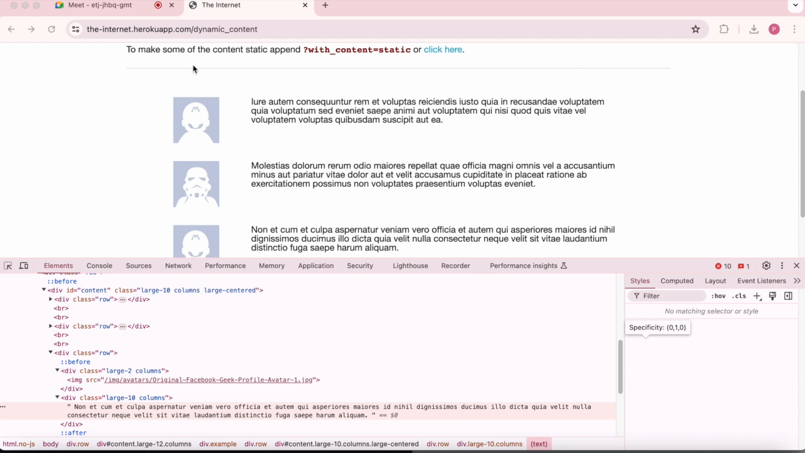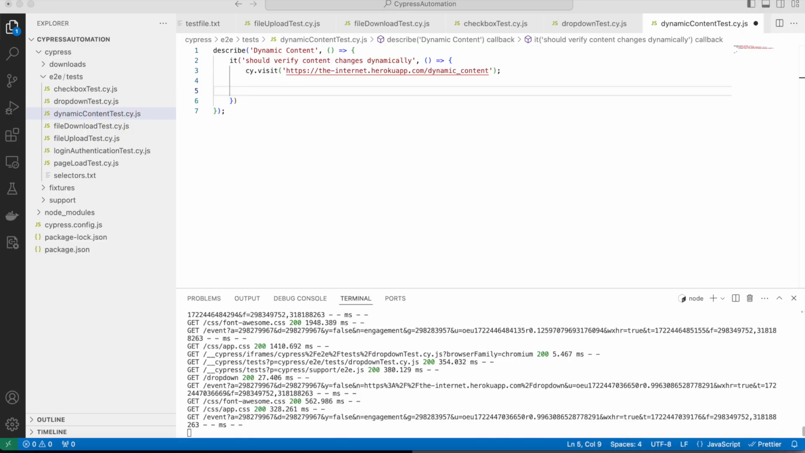So once I need to again reload this page and again get the content and then compare. Yeah. So that's what we are trying to do here. Okay, let's